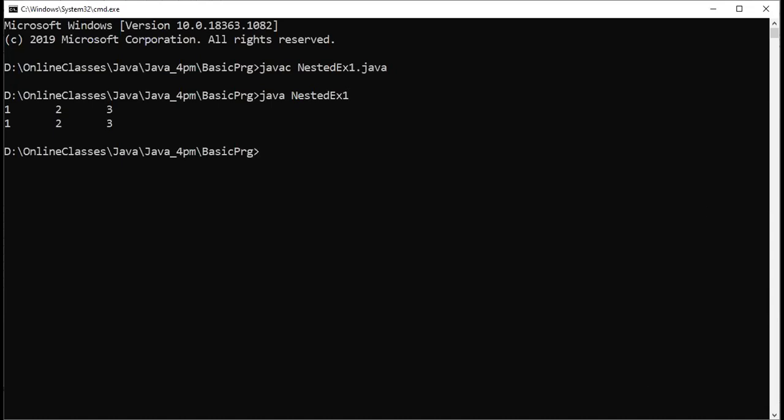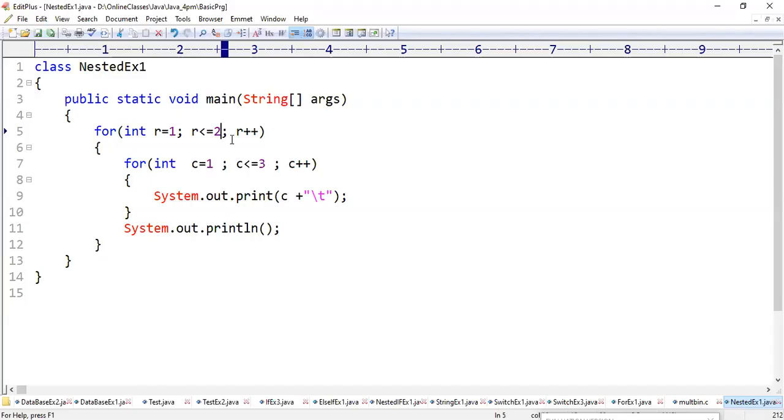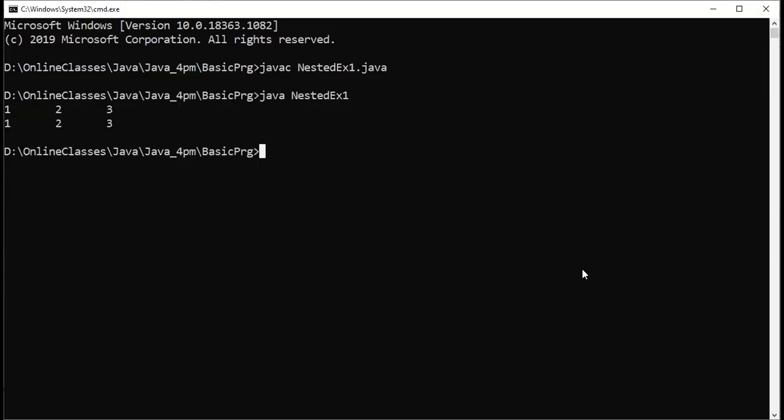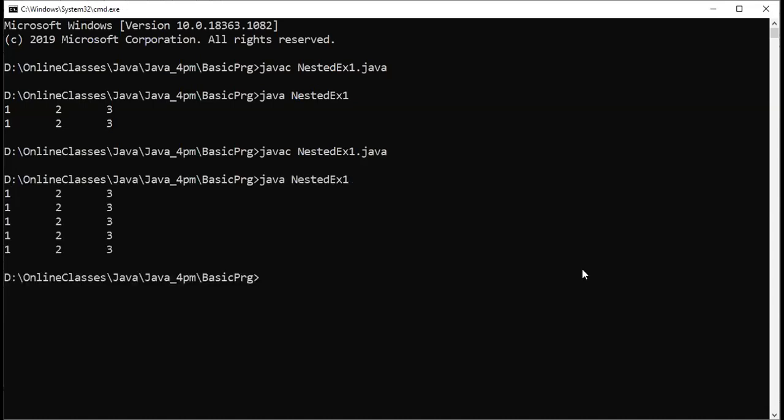2 rows. In case, sir, I need 5 rows. Make it 5. I need 5 rows. Make it 5. And now compile and execute. Observe. 5 rows, 3 columns. Based on the number of rows, it will change.